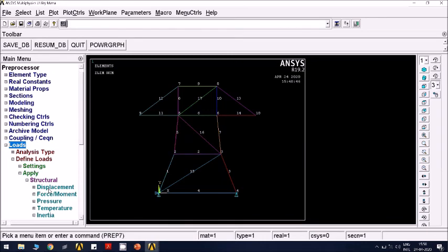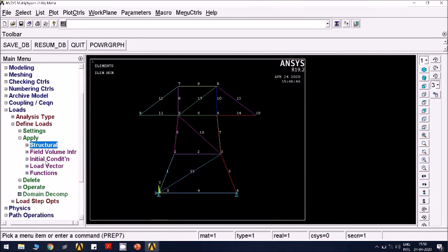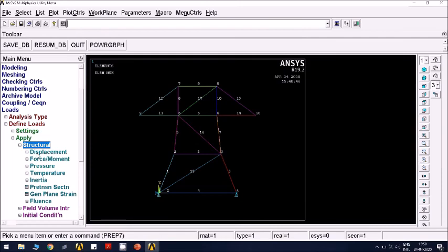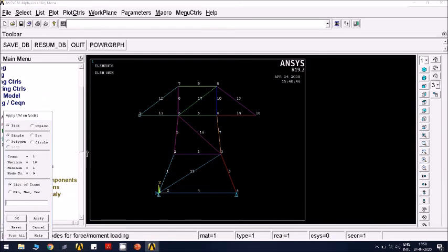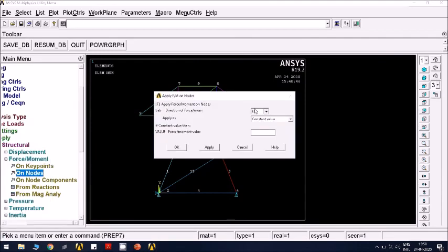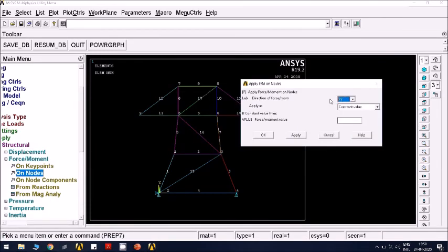Now give the load, apply the load there. Apply, on nodes, select this node, click OK, choose Fy, but load is acting downward, so minus 1000 E3, 1000 kilonewton it is.